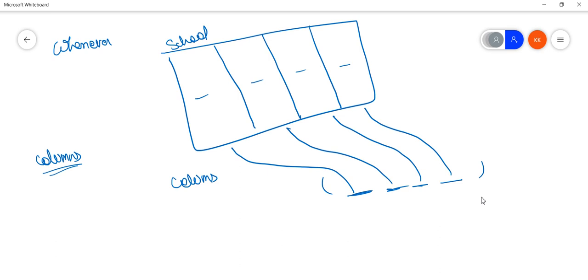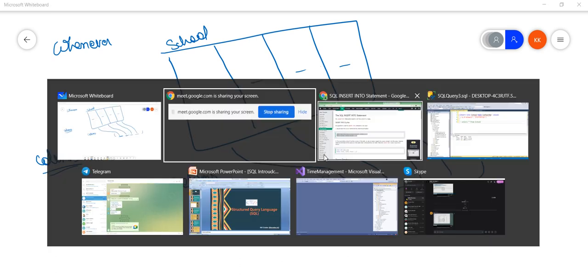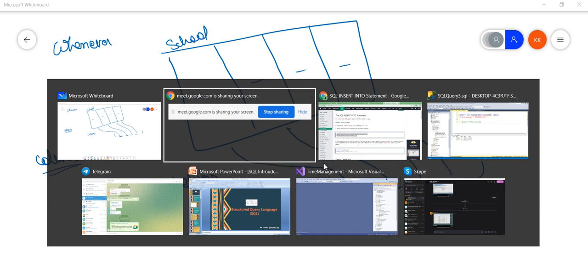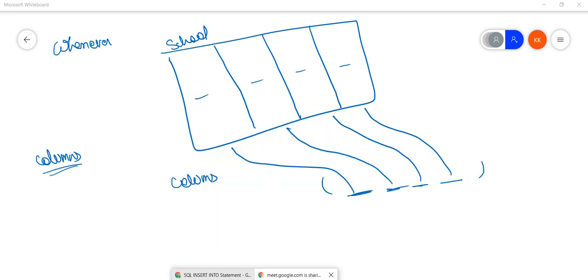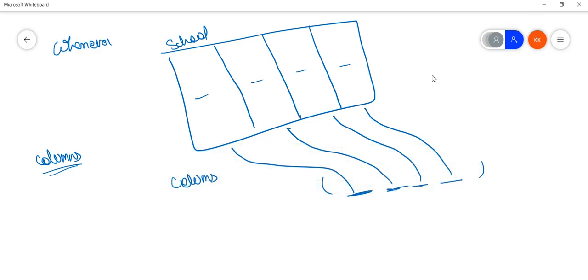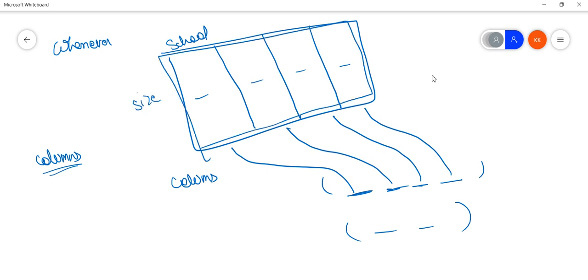So whenever you want to save data for all the columns, it's your choice. You can use the column names or you can skip them. But when you want to supply only 2 or fewer values than the number of columns, let's say I have 4 columns and I have applied only 2 values, then the database cannot decide which value goes where.